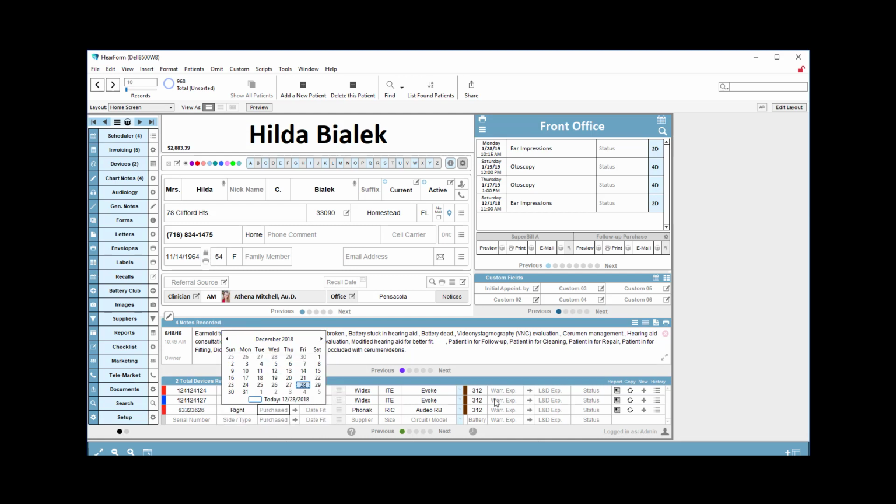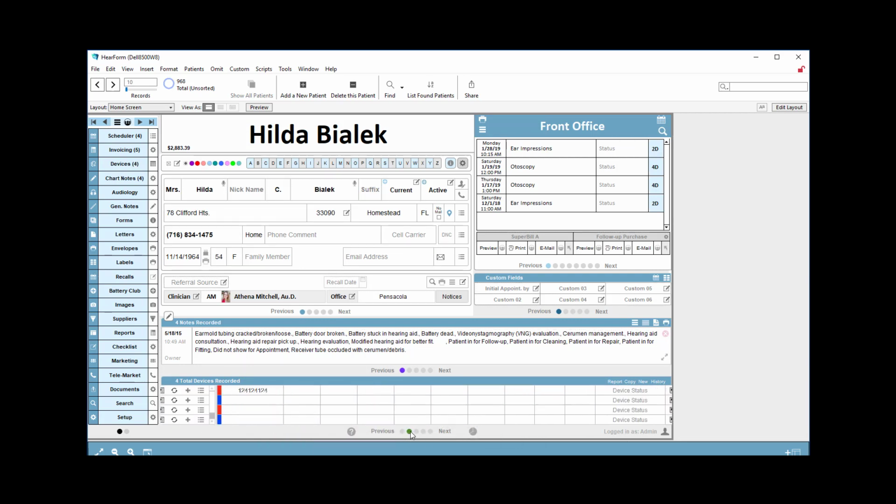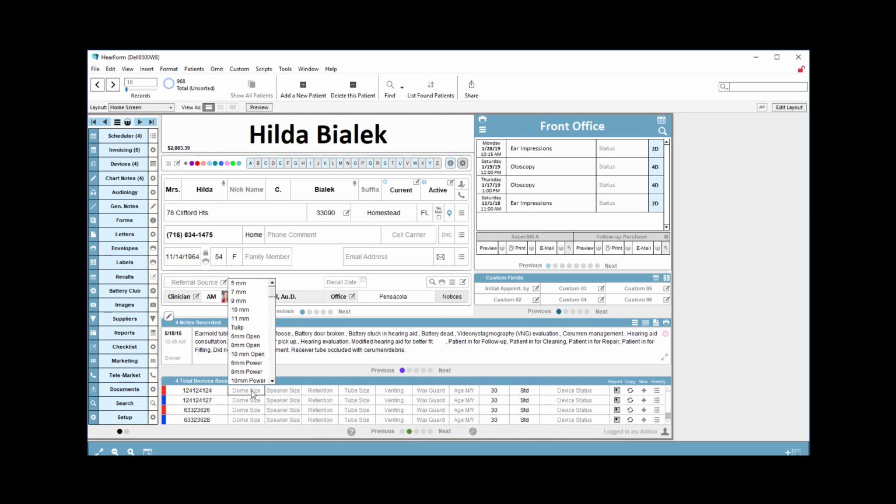If I put in a right side and then I copy that, it's going to change it to the left side, just using that logic, and I'll put in a different number there. And so that's a way where you can add the information to this home screen. Keep in mind that you can click on these other dots and add additional information, such as the dome size, speaker size. You may also know that you can scroll to the bottom of a list and select the word